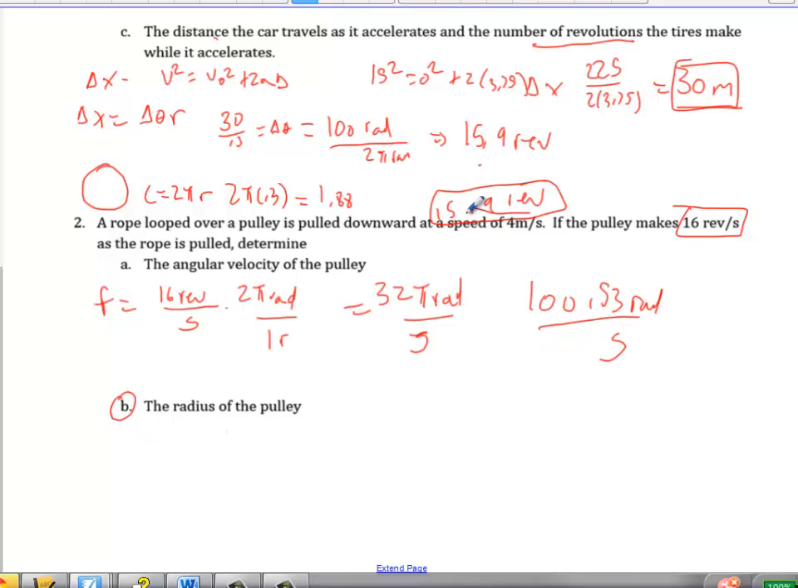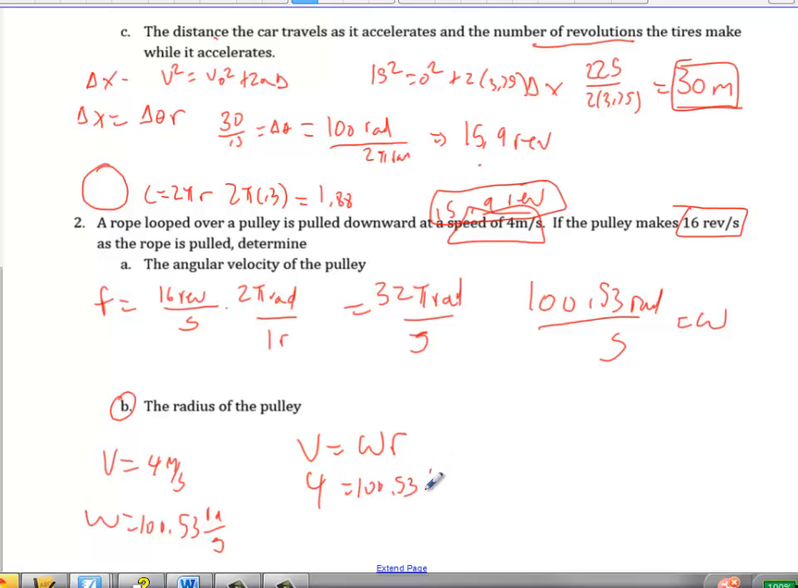Then it wants to know the radius of the pulley. Well, this right here is sneaky. We're pulling the rope at 4 meters per second. That tells me V equals 4 meters per second. Right here I have the angular velocity, omega, so I know omega is equal to 100.53 radians per second, and I want to know the radius of the pulley. Well, since V equals omega r, all I have to do is take 4 is equal to 100.53 times r, divide both sides of this by that 100.53,